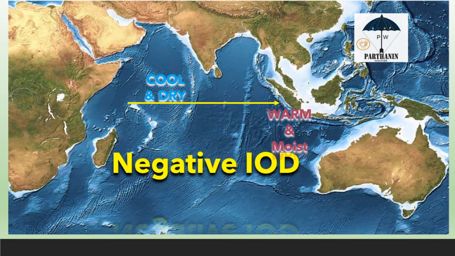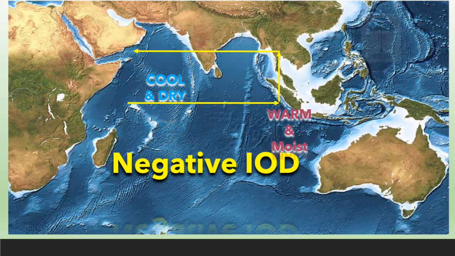After reaching the East Indian Ocean, ascending of air happens over the East Indian Ocean and rises up to the upper tropospheric layer. Once it reaches the upper troposphere, it becomes easterlies. Once it reaches the West Indian Ocean, again it descends down to surface level in the West Indian Ocean. So the result is dry air over the West Indian Ocean and a moisture filled atmosphere over the East Indian Ocean.